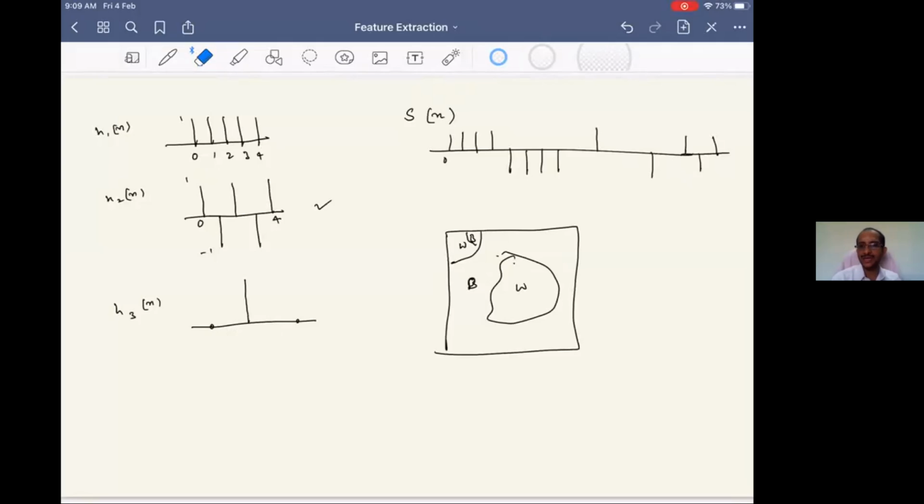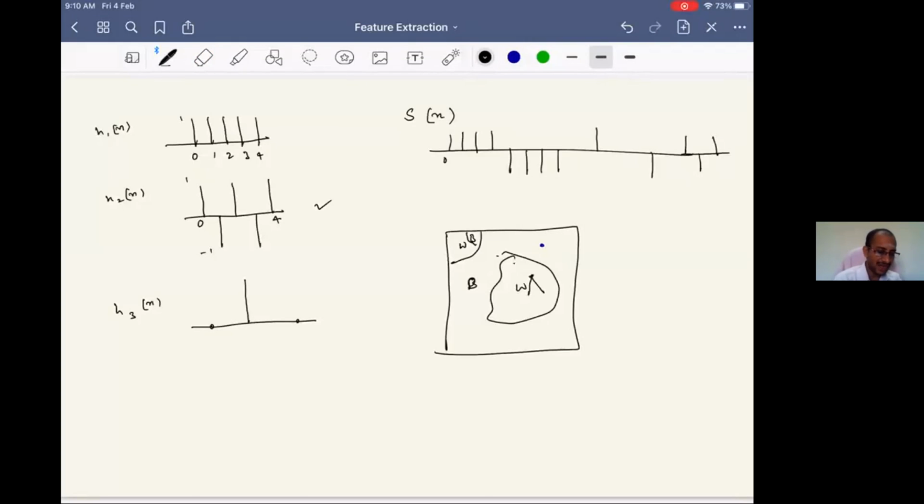Corner points means the variance from the neighborhood of samples is very high, in the sense that so far they may be all black, and suddenly there may be some white pixel that has appeared. So this is all black, and suddenly you have a white pixel here. Similarly, in between white you may have a black pixel. This is referred to as a corner point. In our terminology, this corner point can be like this, wherever there is a sudden transition with respect to the neighborhood. Now in this signal S of n,